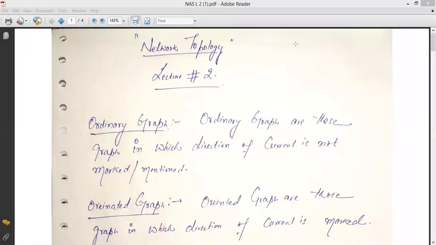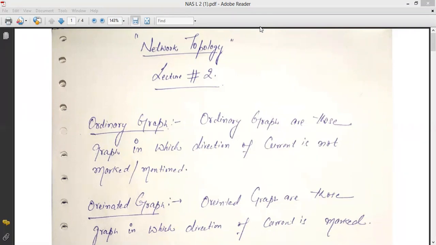Active elements are those elements which provide energy to the circuit, and passive elements are those which use this energy. For example, in an electrical circuit, the active elements are the voltage source and the current source, where the voltage source provides voltage to the circuit and a current source provides current to the circuit. The passive elements are the resistor, inductor and capacitor, which can radiate or use the energy.